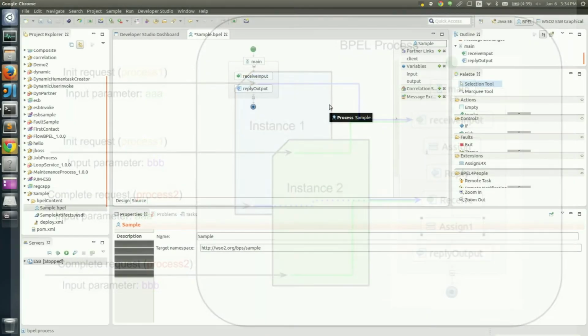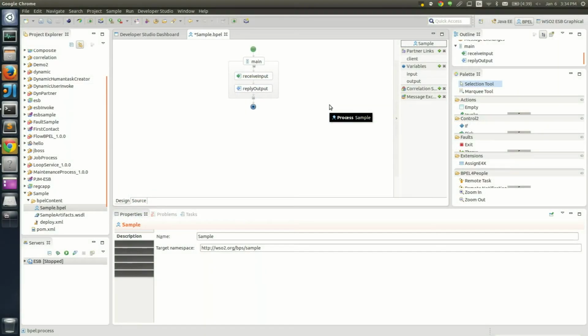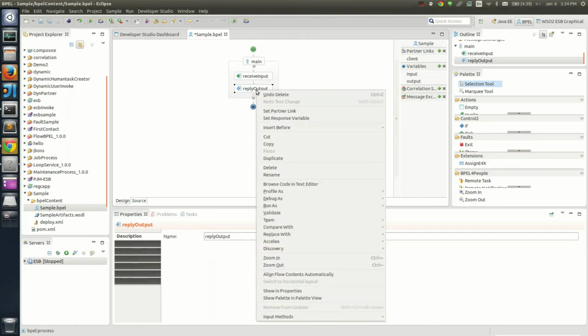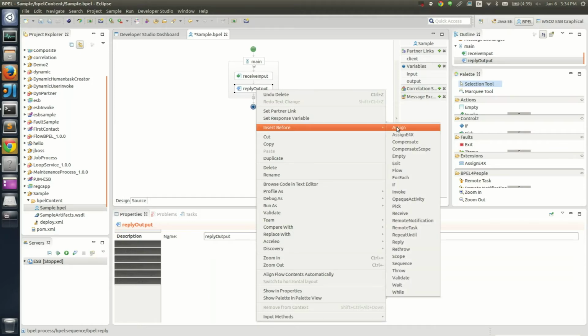Let's see how we can create this sample in Developer Studio. Here I have created a new BPL synchronized project. Let's add the necessary elements first.